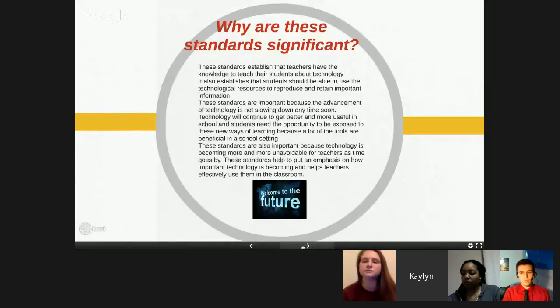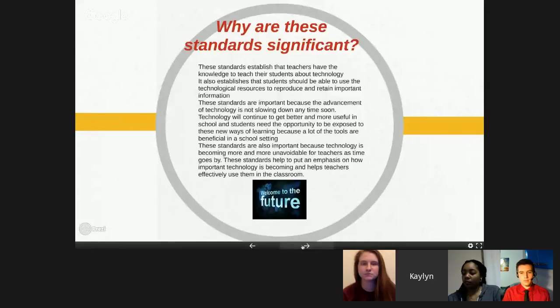So these standards establish that teachers have the knowledge to teach their students about technology, and it establishes that students should be able to use the technological resources to produce and retain important information. And these standards are also important because technology is becoming more and more unavoidable for teachers as time goes by. These standards help to put an emphasis on how important technology is becoming and helps teachers effectively use them in